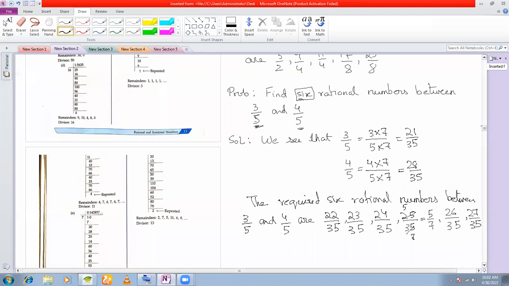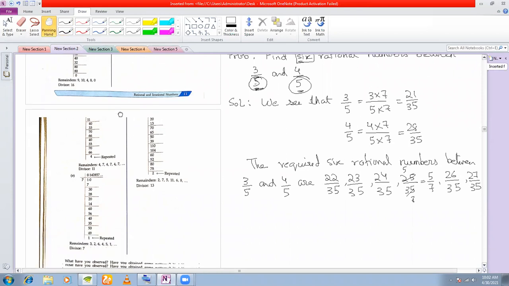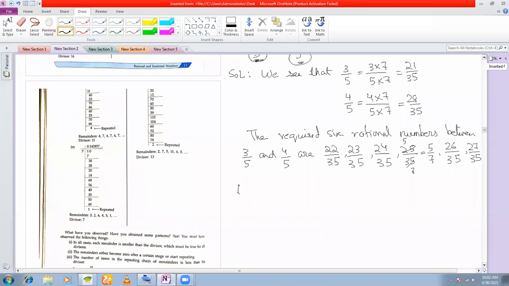Now, I'll show you one more problem after this, but let me first ask you whether you have any problem with this sum. If you don't have any problem, then I will proceed to the next sum, wherein I will again take fractions, but this time the denominators will be different. Here, you were lucky enough that the denominators of both the fractions was 5. So you could work it out in this manner. But what if the denominators are different? Let us see this problem.